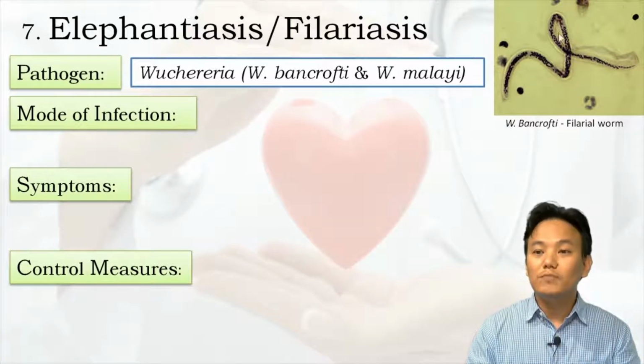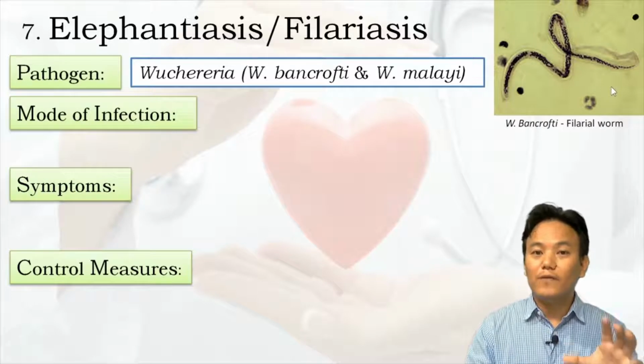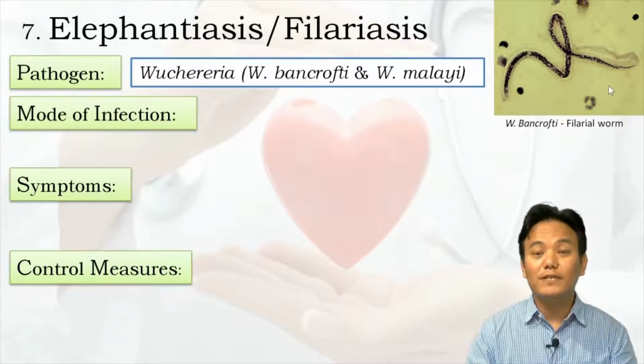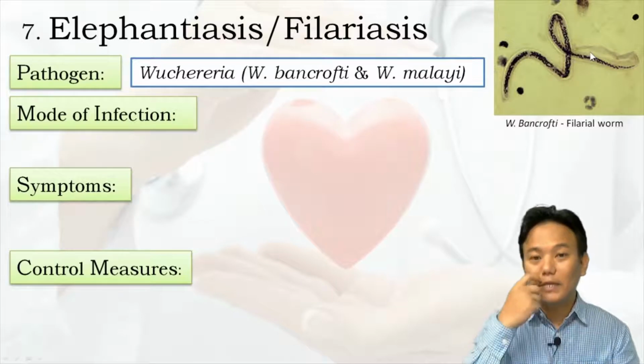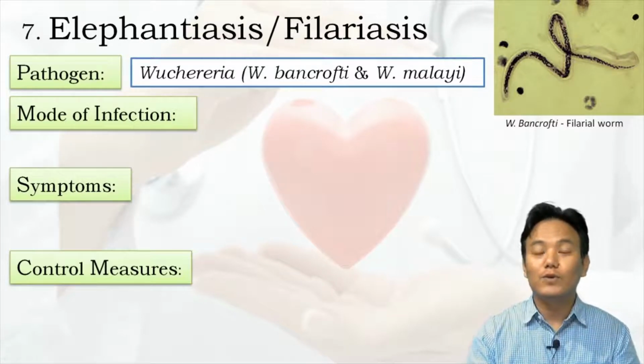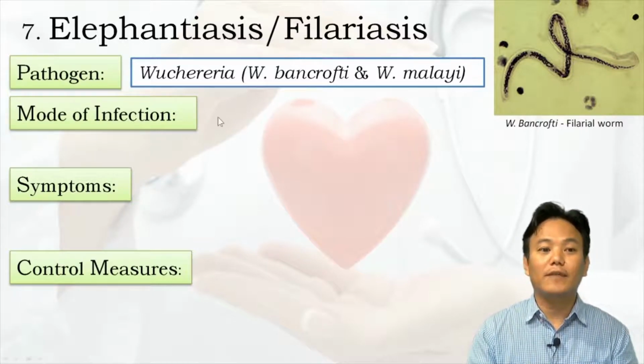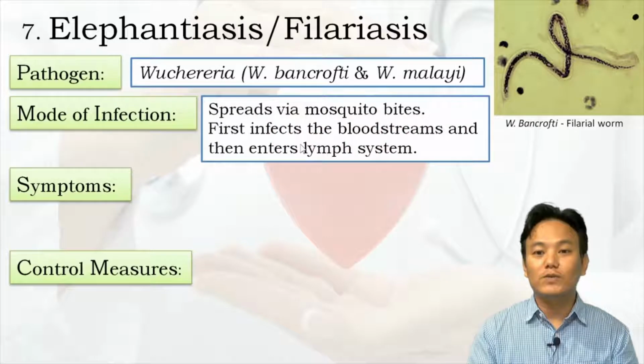This particular parasitic worm is much smaller compared to Ascaris. I said Ascaris can grow up to 35 centimeters in length, whereas this filarial worm, Wuchereria bancrofti, can grow about 50 to 100 millimeters in length. Males are much smaller than the females over here as well, and this particular parasite can be transmitted by mosquitoes. Different types of mosquitoes can carry this parasite, so it is a mosquito-borne disease.